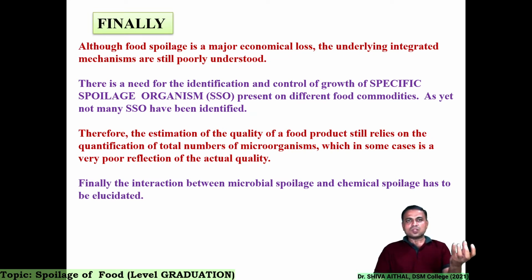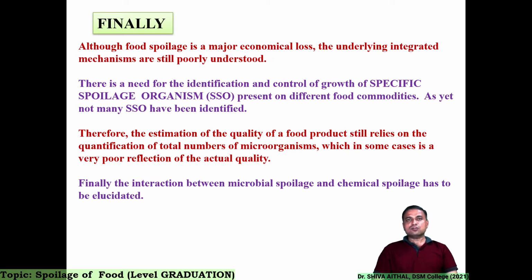Like you see, a raw mango gets converted into a ripe mango. It is an automatic process. Chemical changes within. A ripe mango will get converted into a spoiled mango. No microbiology is involved. So you never know what is going on. So food spoilage is a very broad area. There is a need for identification and control of specific spoilage conditions or organisms. In microbiology it is called SSO, specific spoilage organism, present in different food commodities, and it is very sad for the food industry that very little research is done in this, and a specific spoilage organism for a specific food product is not established till date.